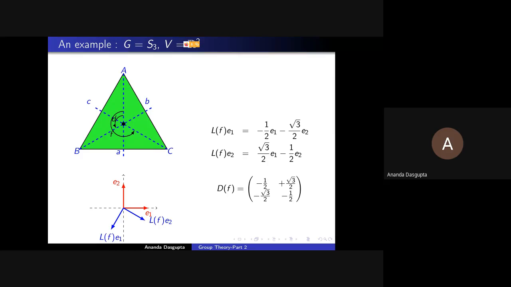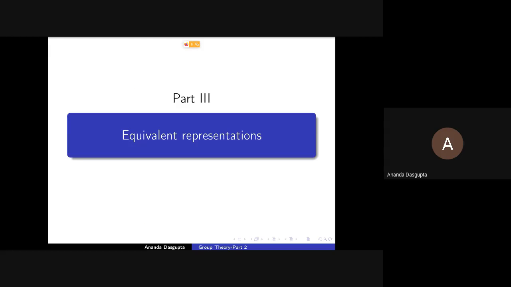But of course, there's one very important thing about the matrix representation. The same linear transformation will produce a very different matrix if I were to use a different basis, right? A choice of basis is implied in this definition. You're using a particular basis, right? To change your basis, you're going to get a different matrix. And that is what we are going to look at next. This is our topic called equivalent representations, or more precisely, equivalent matrix representations.